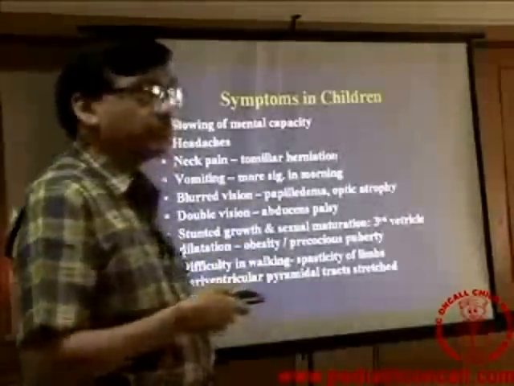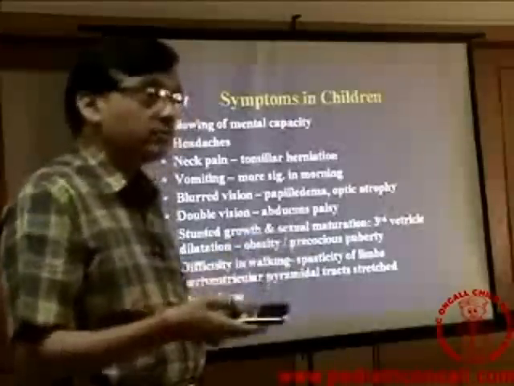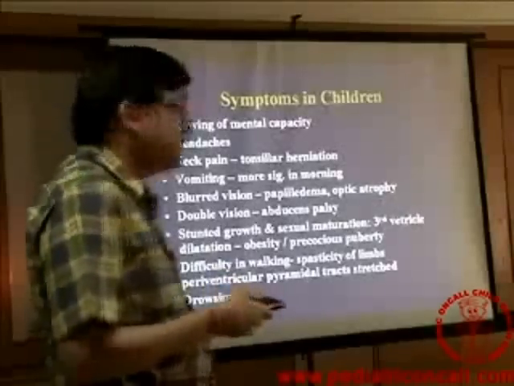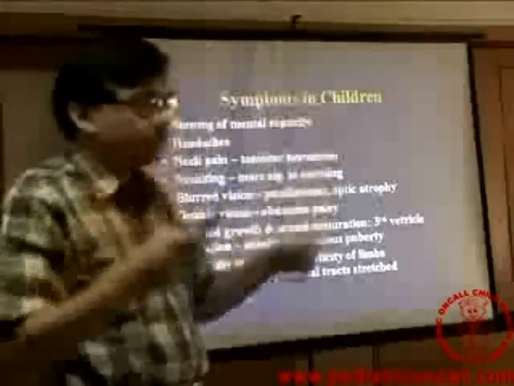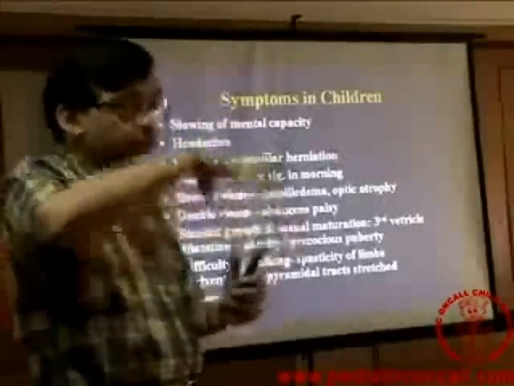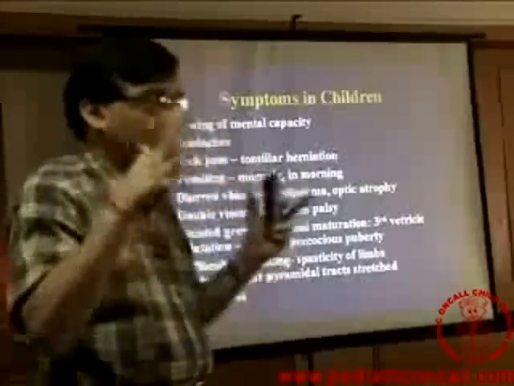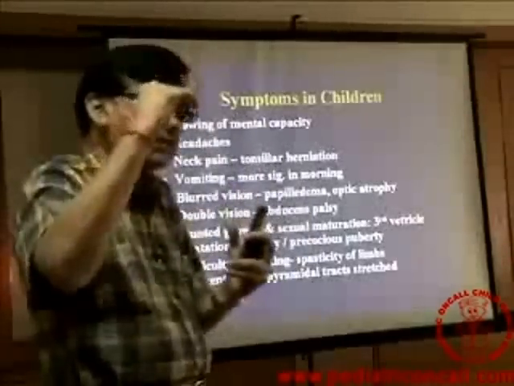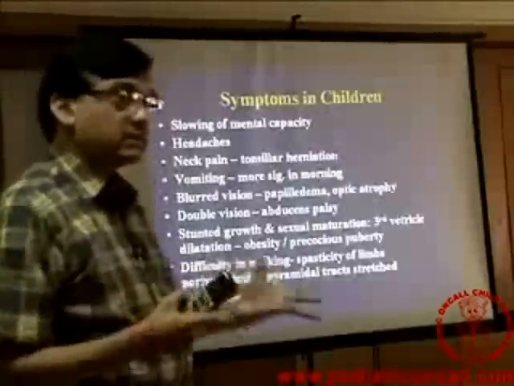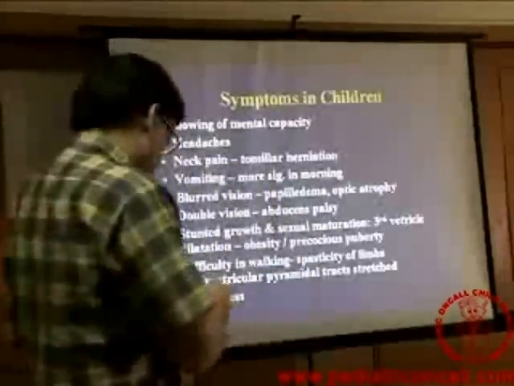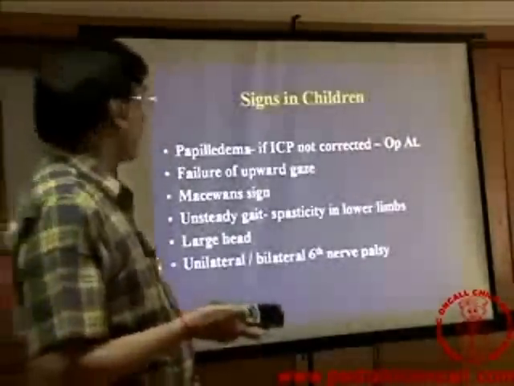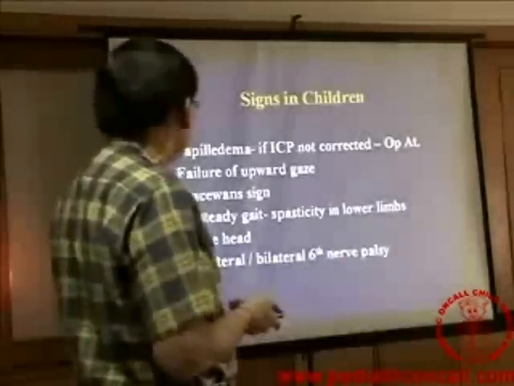Endocrine problems like stunted growth, precocious puberty, all these things may also be evidence of a hydrocephalus in a child. Difficulty in walking, spasticity, because if you see the anatomy of the brain, the top part is where the foot is, and therefore when the lateral ventricles get expanded because of the hydrocephalus, that is the part which gets stretched. Therefore the lower limbs are affected far earlier, so you get either a spasticity or a weakness in the lower limbs first.